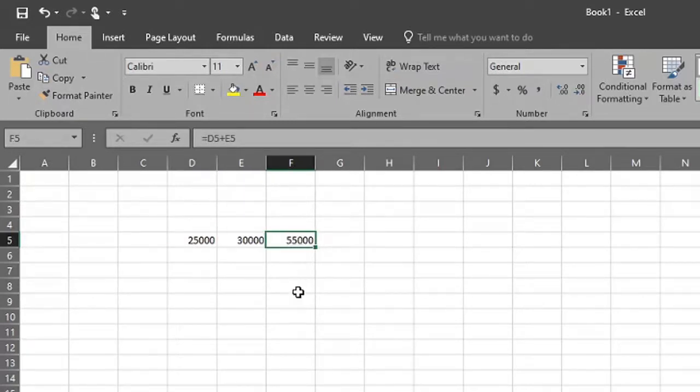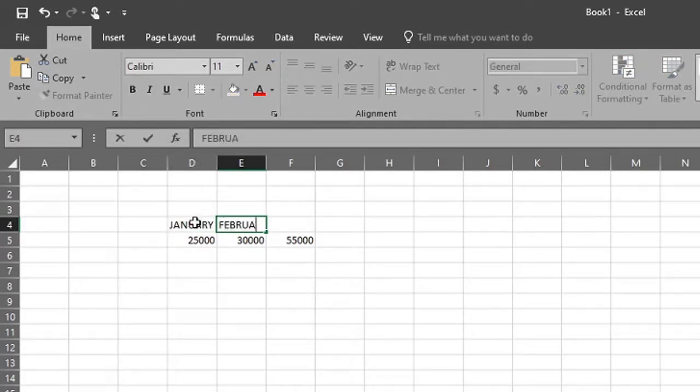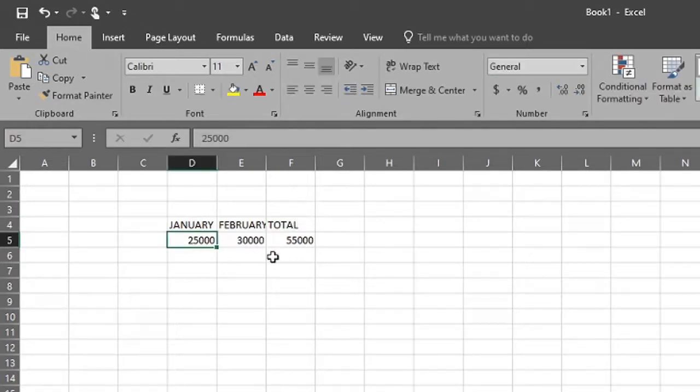total for me here. Now, if I'm looking at it myself, I understand what I'm looking at. But if you show this to somebody else, they would not know what you're talking about. By just looking at these things, you have 25,000, you have 30,000, 55,000. You may not understand. Now, if you decide to type January here, and then February here, and here you say total, I think it's looking more presentable, better than when